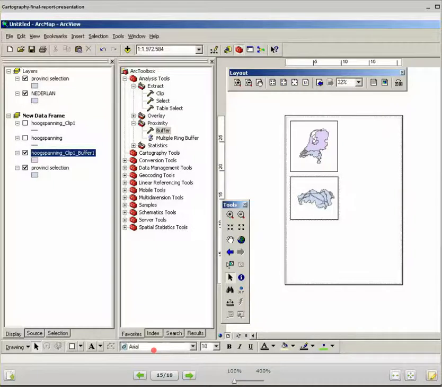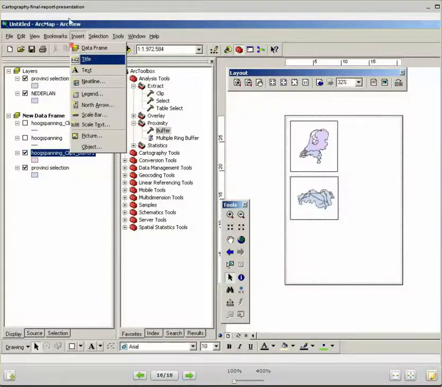And then when I go back to the general layout view, I now have two maps. This is for the entire Netherlands, and this is zoomed in. Now, if I go back to the data view here and I zoomed in, it would also zoom in here. So what you see in the data view is what this data frame sees. The more you zoom in on this tab, the more you zoom in here also,